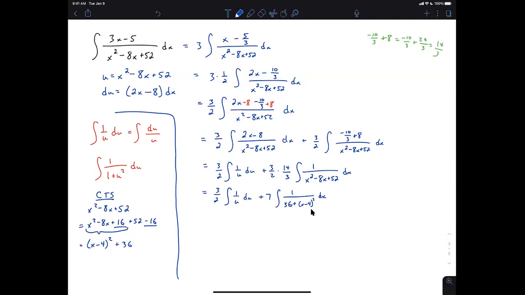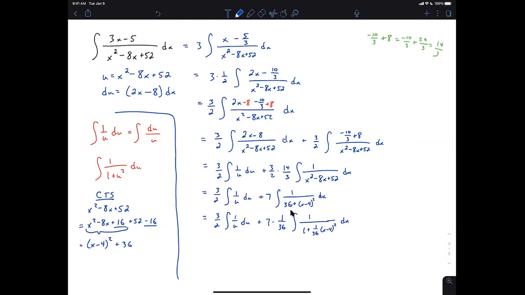Factor out the 36. So we get 3 over 2. And at any point, you can just make that log of absolute value of u if you want. But we're going to factor the 36 out from the bottom. So it's 1 over 36. And then we get 1 over 1 plus 1/36 times (x minus 4) squared